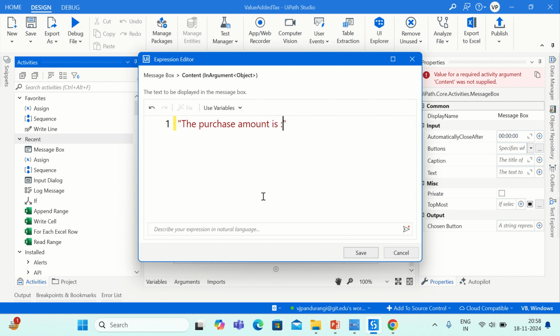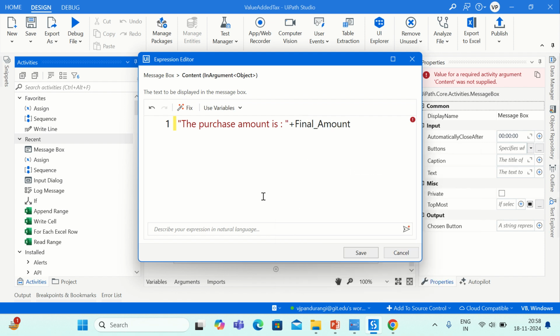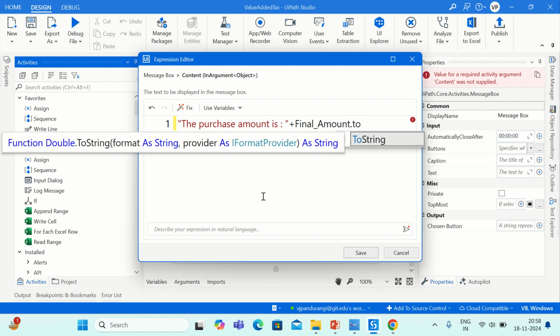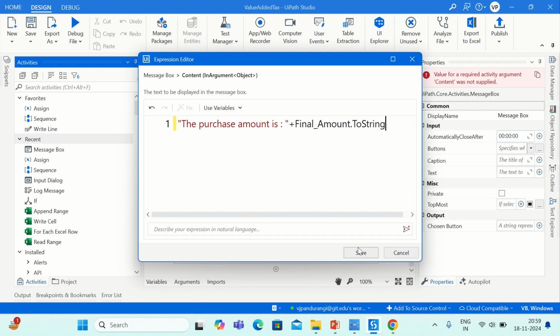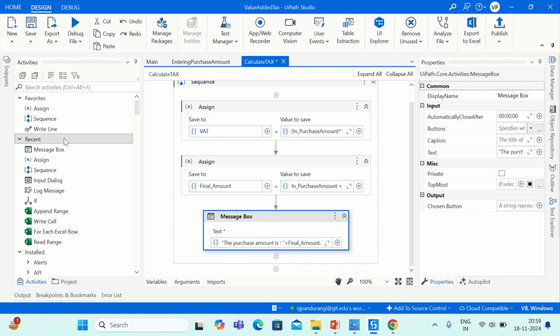Purchase amount is, I'll say final amount dot to string, because we are trying to concatenate string with a double value. Okay, so this would display the final purchase amount. The same thing we are going to repeat it in the